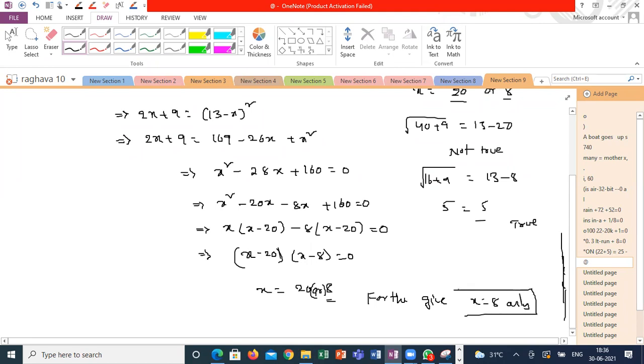Keep in mind, guys, whenever they are not giving a straight quadratic equation and there are roots, all the x values will not satisfy the given data. You have to resubstitute the solutions in the given data and check. For our comfort to solve, to find the possible values, we are squaring. So in these kinds of cases, substitute into the given question. Here 20 and 8 both are not the solution. Only 8 is the correct answer.